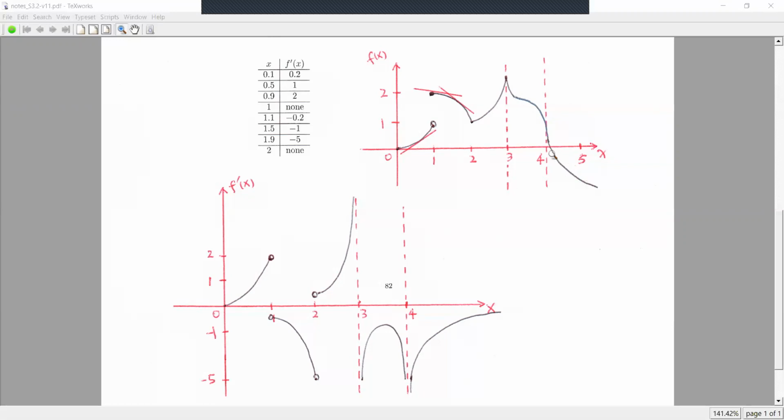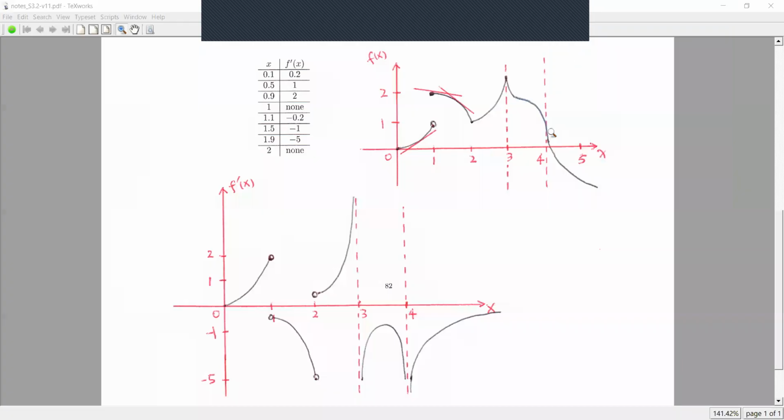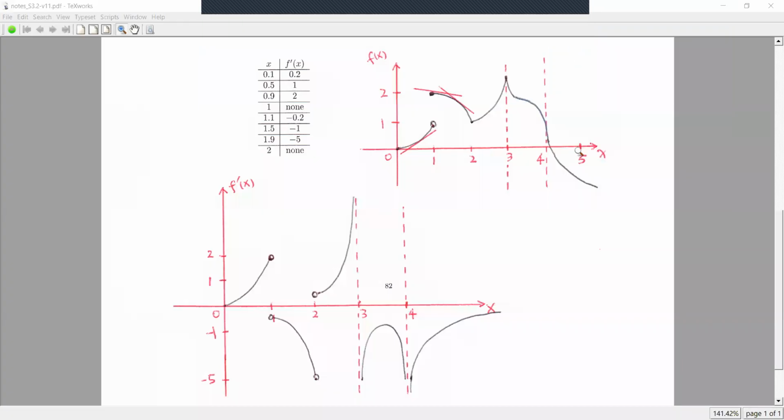So when we move x away from the point 4, derivative is dropping from large negative to small negative. Based on this observation, I plot the graph of the derivative as this curve. Because between 4 and 5, derivative is negative everywhere,